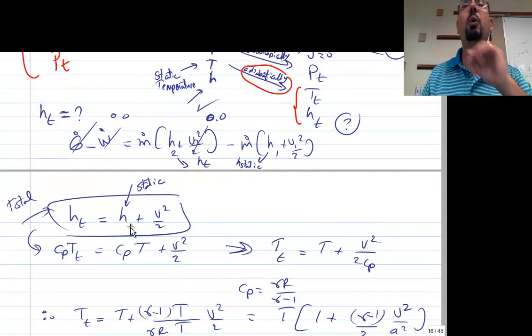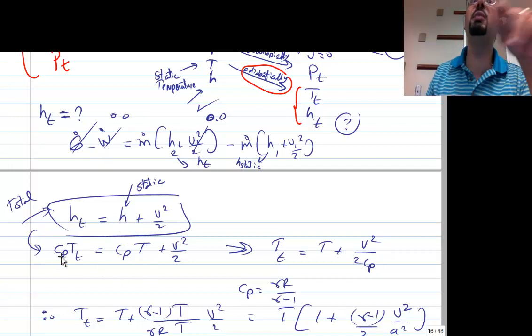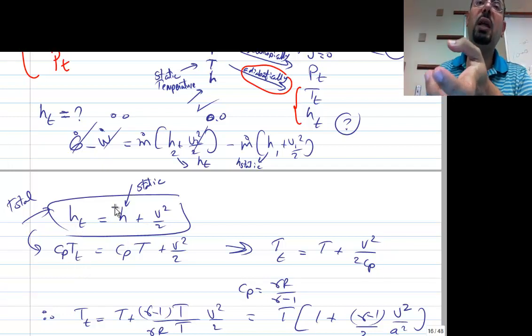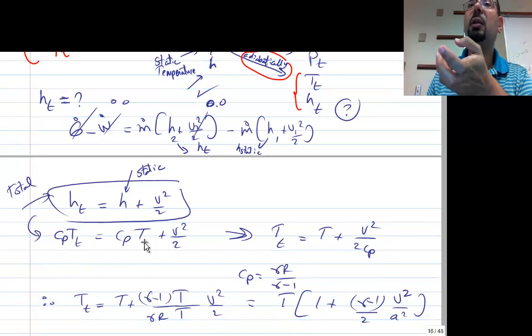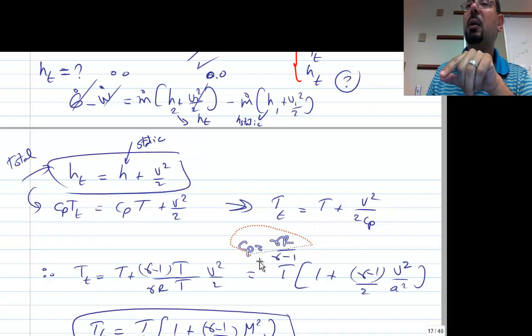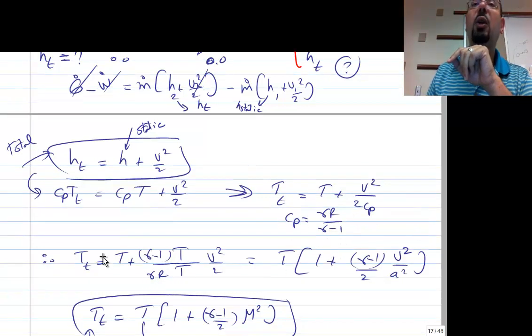Okay? So now when we take it as an ideal gas, basically we say h is CpT and h total is CpT total. Stagnation enthalpy, stagnation temperature. Static enthalpy, static temperature. Then you divide the whole thing over Cp and you can prove that T total is T plus V squared over 2Cp. This is not important. What's important is the next equation. So you can take Cp and write gamma R over gamma minus 1. You write it over here, and then